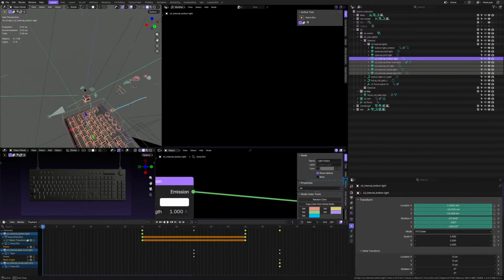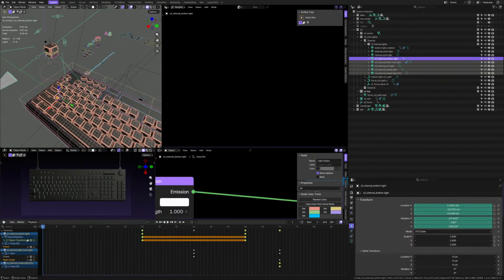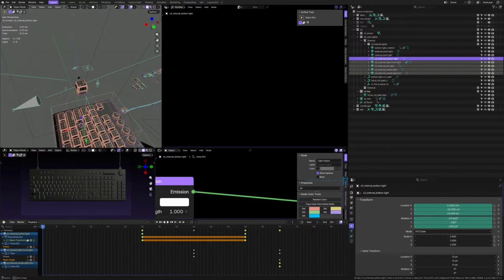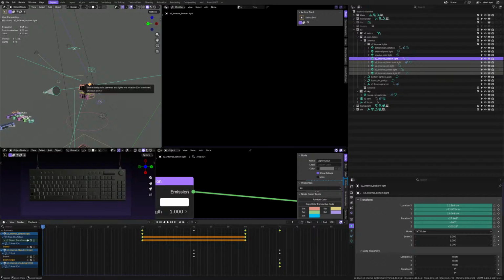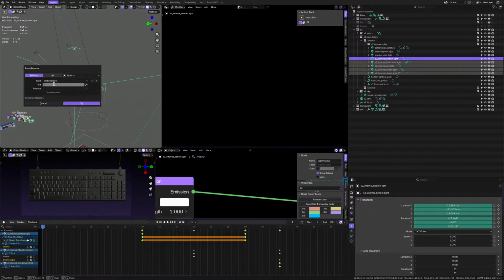The light will be different again from here. That's why I named them internal. Let's rename them. So find internal and replace it with